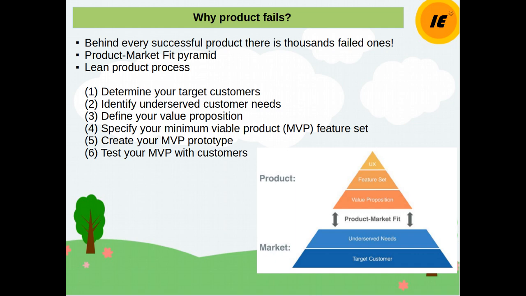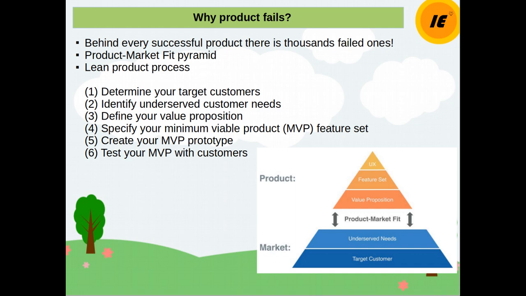So after developing the product market fit, we designed a simple iterative process to take advantage of it, called the lean product process. As I'm talking, this process guides you through each layer of the pyramid from the bottom up. It helps you articulate and test your key hypotheses for each of the 5 key components of the product market fit. So the lean product development process has 6 steps.